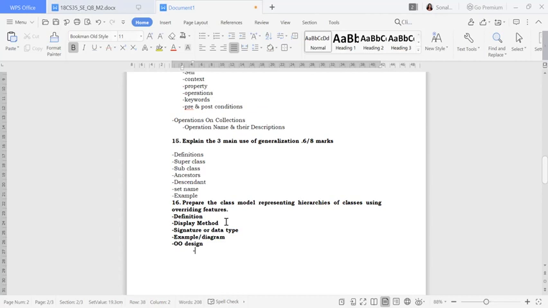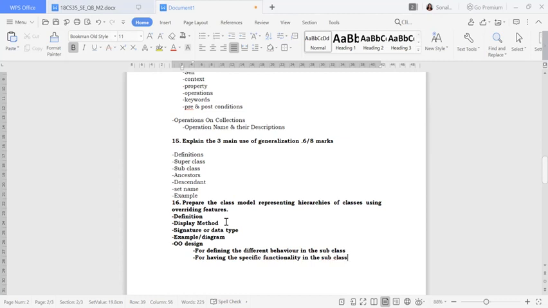First one will be, there are two designs for defining the different behavior in the subclass. Second one will be for having the specific functionality in the subclass.